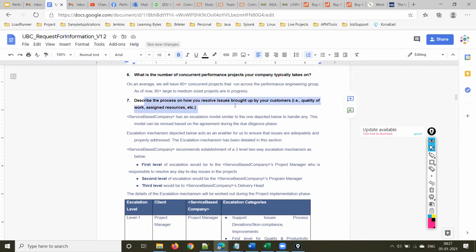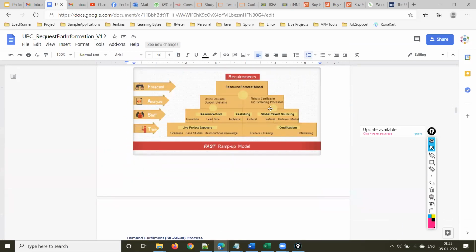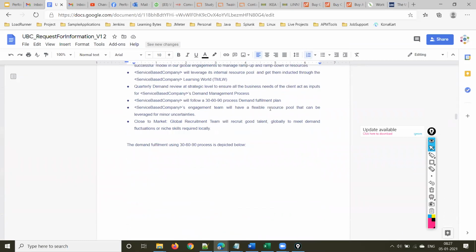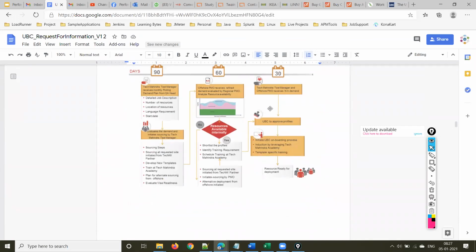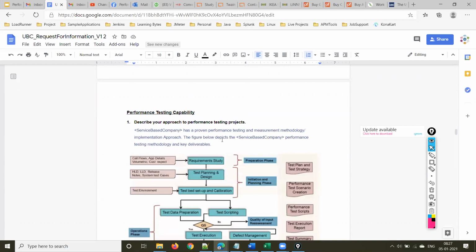Describe the process on how you resolve issues brought up by your customers. So there is a standard set of questions and we respond to that RFI. Not just one organization, but all the service-based companies who are looking to get some business will respond to the RFI with their organization's information.